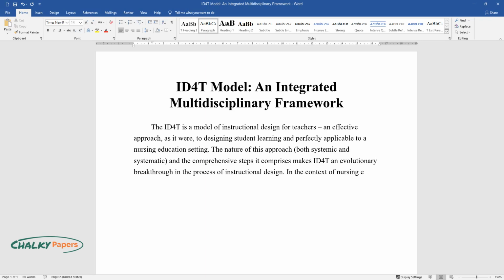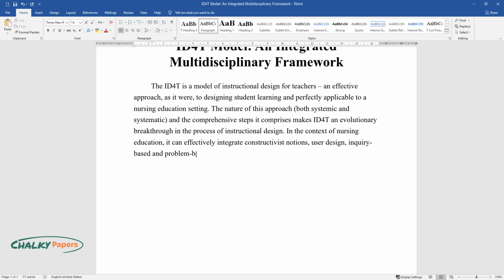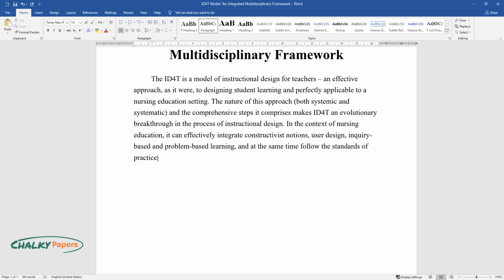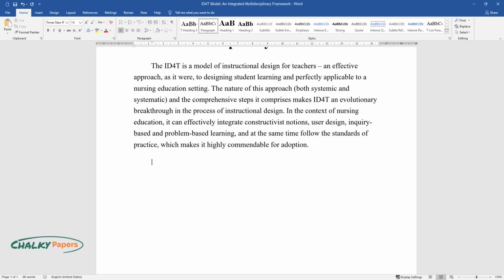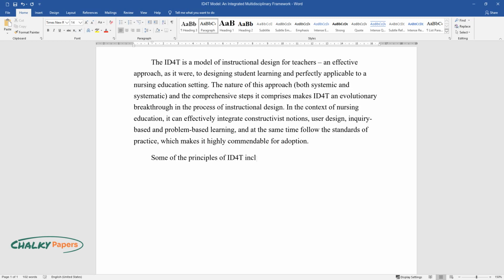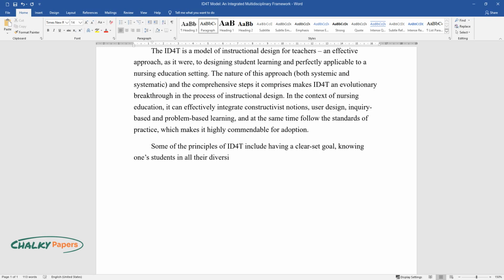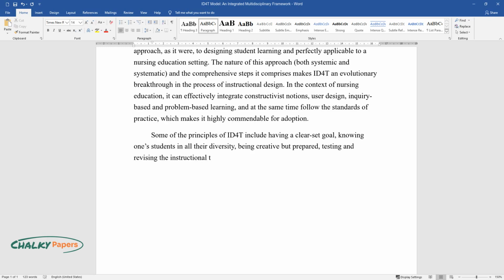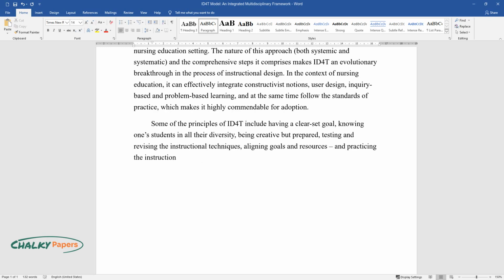In the context of nursing education, it can effectively integrate constructivist notions, user design, inquiry-based and problem-based learning, and at the same time follow the standards of practice, which makes it highly commendable for adoption. Some of the principles of ID4T include having a clear set goal, knowing one's students in all their diversity, being creative but prepared, testing and revising the instructional techniques, aligning goals and resources, and practicing the instructional design on a